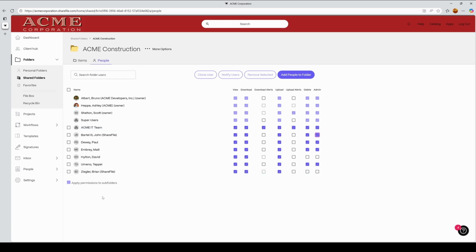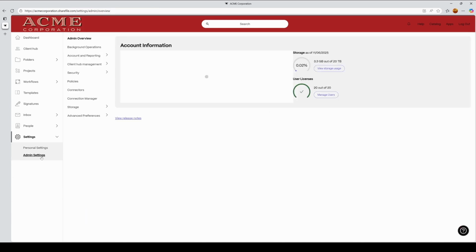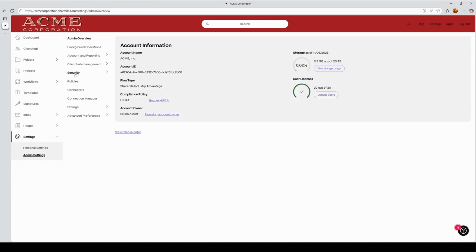So with that in mind, let's keep it rolling, and we'll take a look at our automated security measures. So, what are automated security measures? Essentially, as we all know, the landscape of cybersecurity is always changing, and human intervention is not always fast enough. So, we wanted to apply some monitoring practices and policies to ShareFile to the accounts so that you can have a response that's immediate when there is genuinely a